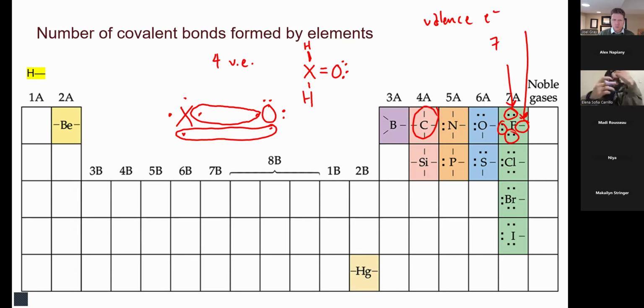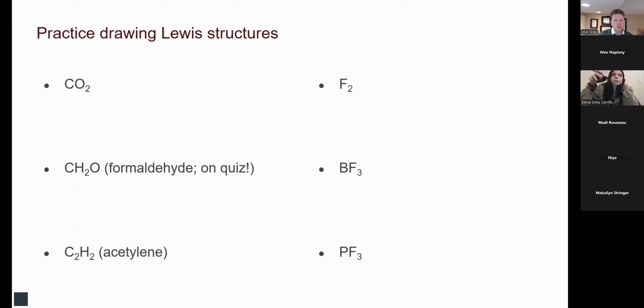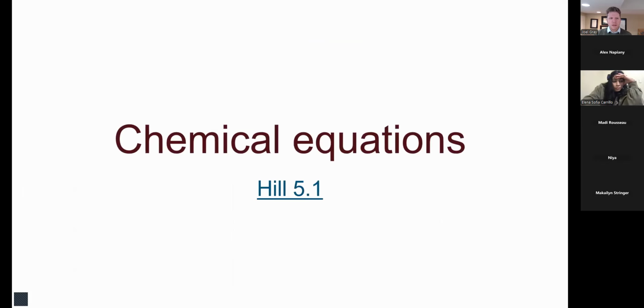Now we're going to go ahead and proceed from there. Practice drawing Lewis structures? We could, but that's not really going to be on the quiz. What I think we're going to do is focus primarily on getting to organic. At the heart of all of this is how many valence electrons something has. You're going to have a periodic table on your exams, and on quizzes whenever it's relevant.